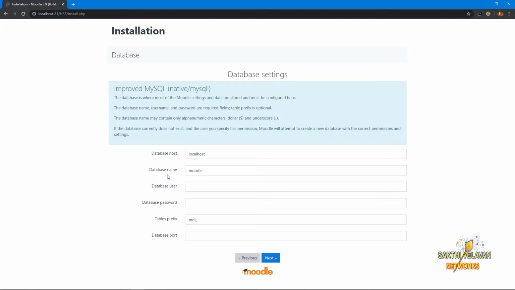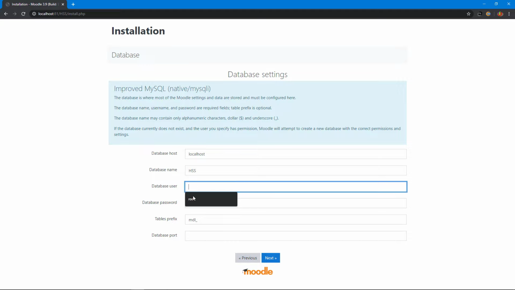But the database name is HSS, and we didn't create any username and password, but the default username is root. So I enter root here and leave all those other fields, and I am ready to connect the database to the server. I click next.